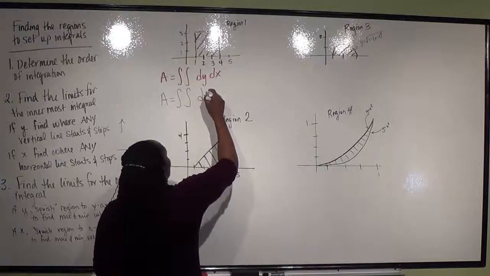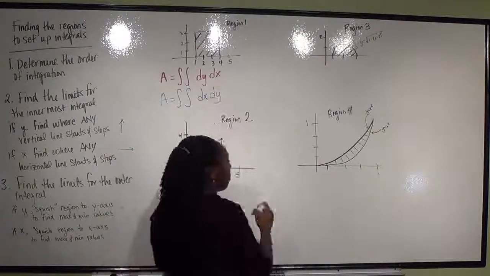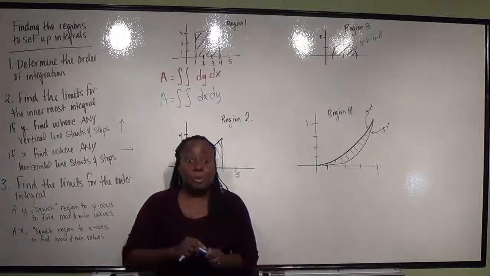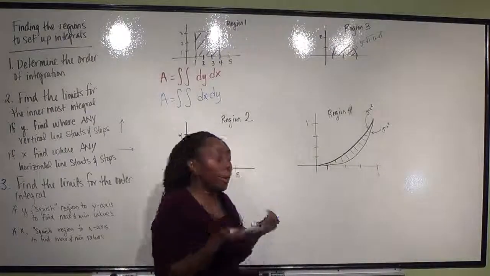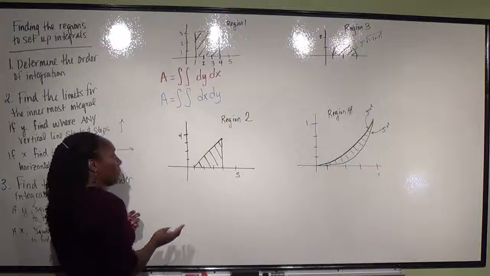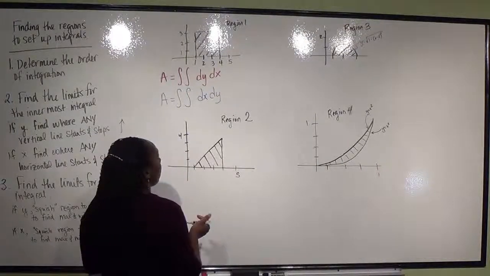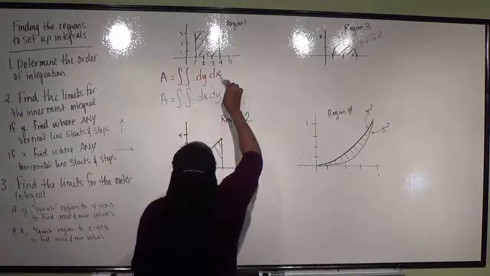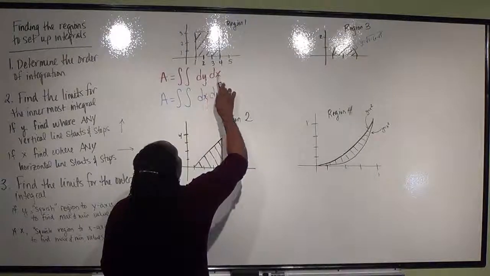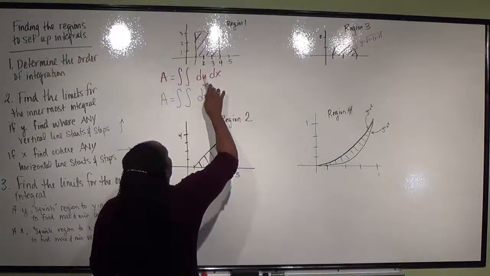And like I said, this is the only one I'm going to do both ways, because with rectangular regions, these are really nice. They have some great properties, and one of those really nice properties is the fact that all of my limits are constant. Okay? So in this example here, if I'm doing y first and then x,